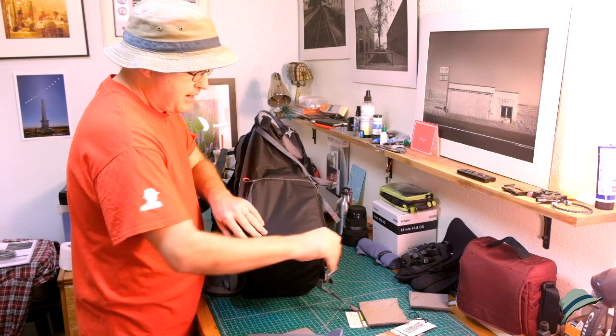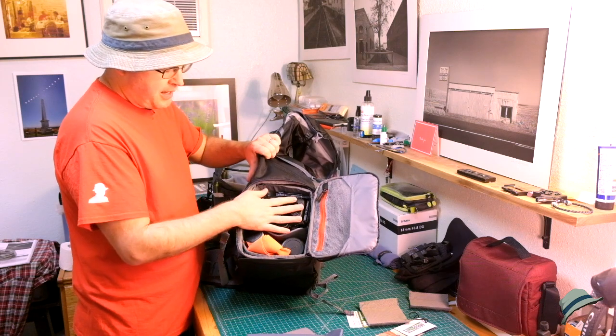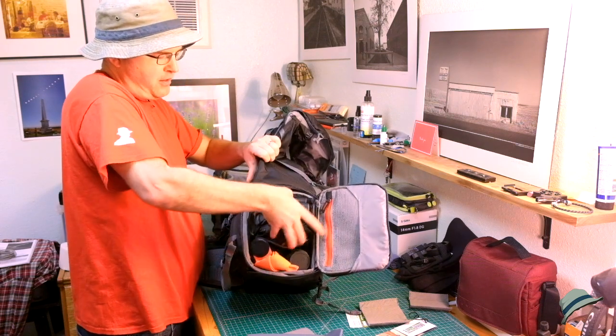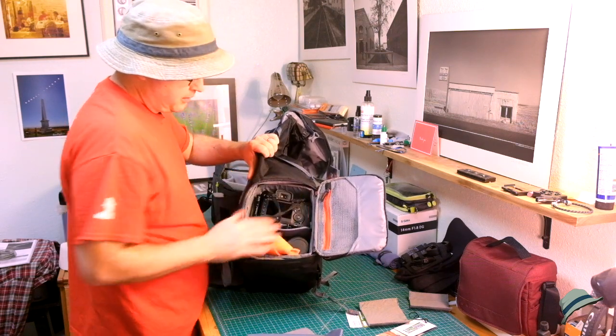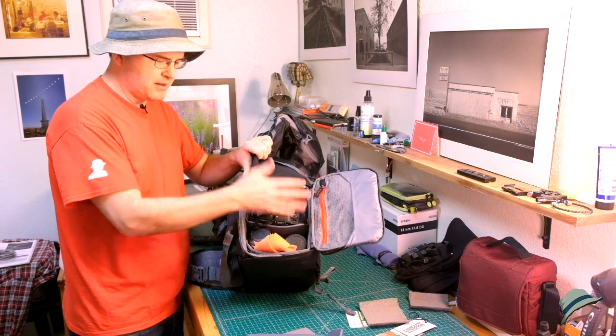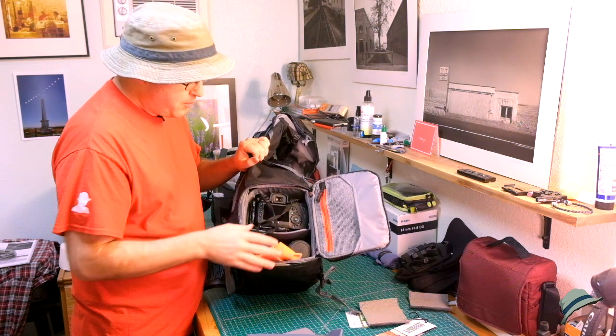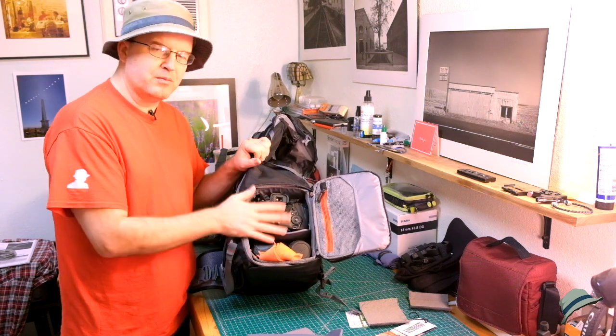So with opening it up, I decided to put the camera in that way. Of course, it could flip around the other side. It doesn't really matter in that regard. So I have the camera this way, but I was fearful that I was going to lose out on some space,